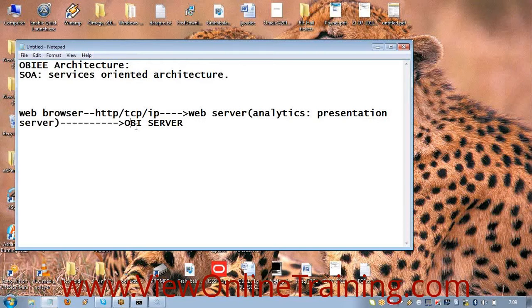So, the web server communicates with the Oracle BI server using a default ODBC driver. You know ODBC, Open Database Connectivity. It uses a default ODBC driver